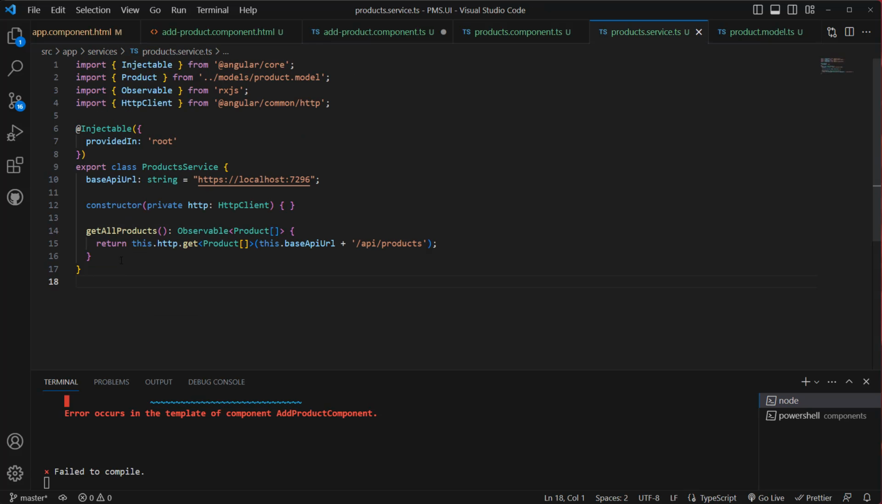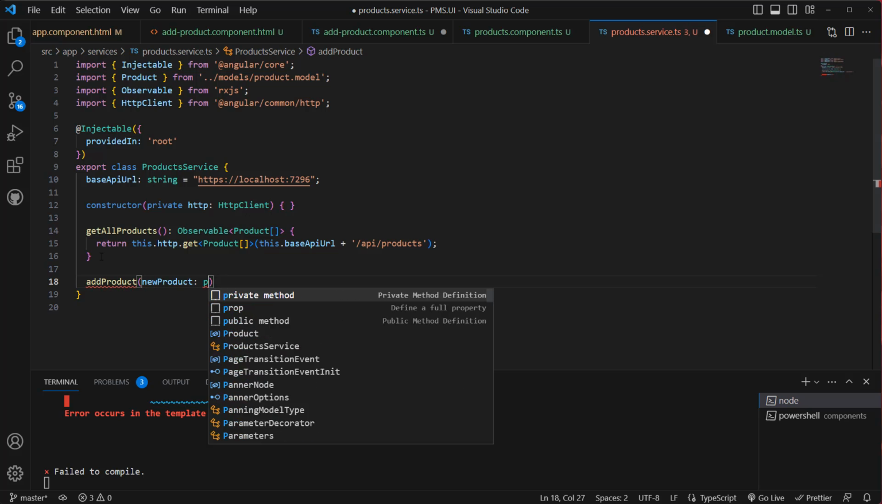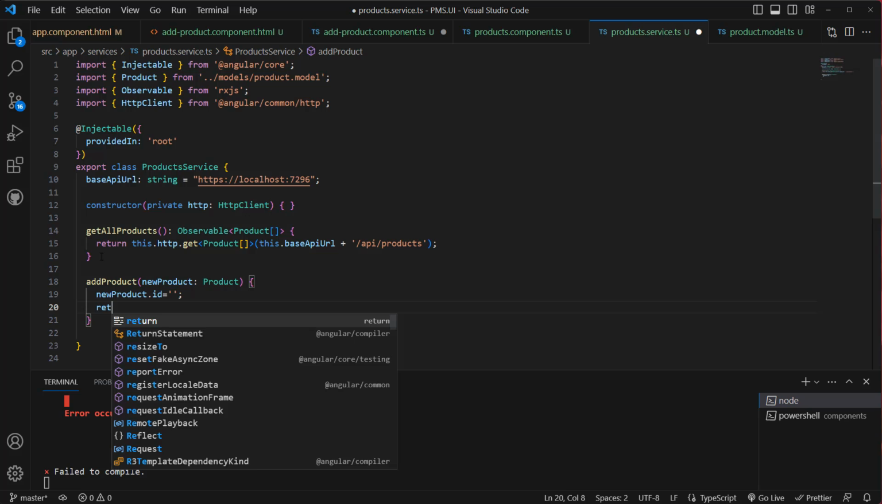So let's go back to our service, which is our product service. What we have to do is add addProduct, and we're gonna have a new product here as a product type, right? And then we do not have any ID at this moment, right? New product. So we can pass an empty GUID here, right? And then we can pass